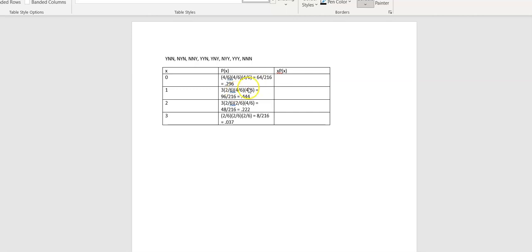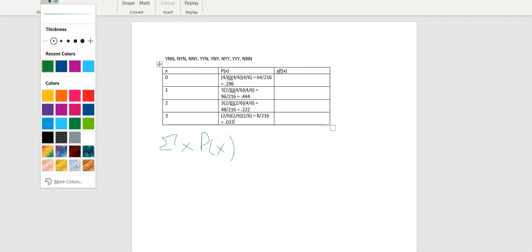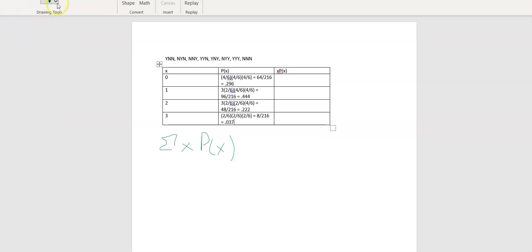Now, let's get the mean. The mean, we have a formula, and our formula is the sum of the x times p(x)'s. That is our formula for the mean for a discrete probability. All right, so what we've got to do is figure out what x p(x) is. And we're going to do that in this column that I've made over here. So let me get out of the draw feature. If it lets me. Okay, all right,